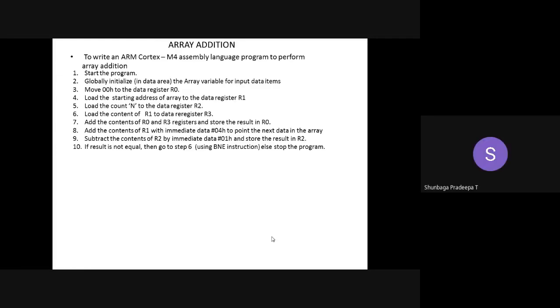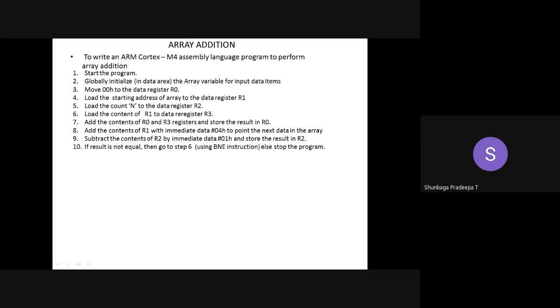The last coding is your array addition. So in the first coding, we just added 4 numbers. So here what is the difference is, you are going to add the data in the array, not in 4 different variables. All the data is now in the array form. So you have to access the array and get the data from the array, and you're going to perform the addition. So what we are doing here is, we are trying to initialize an array.